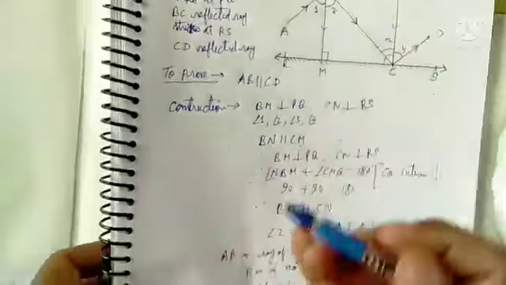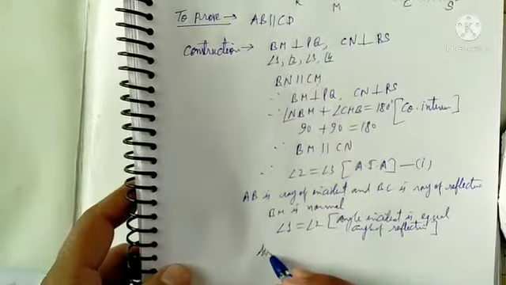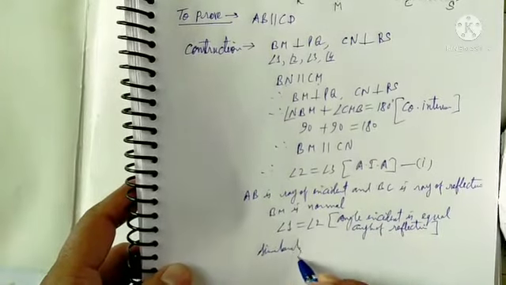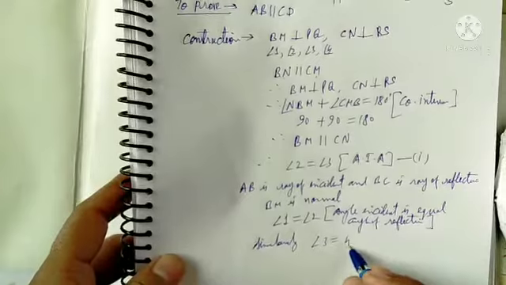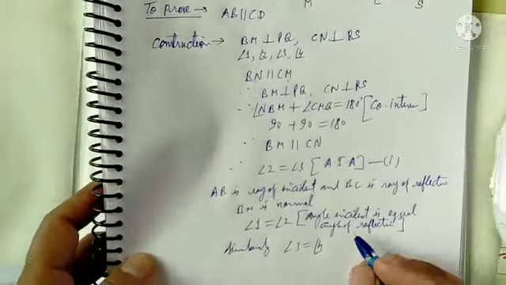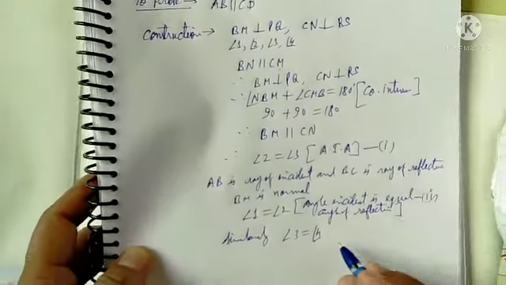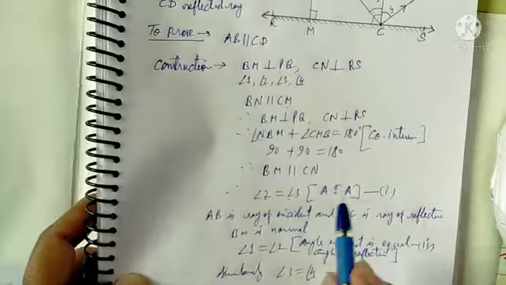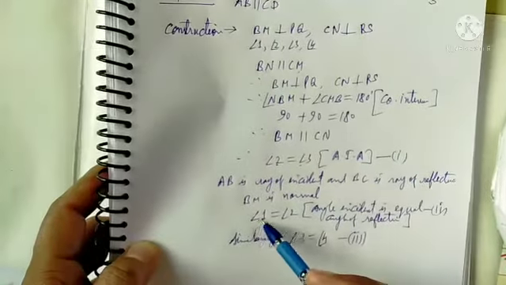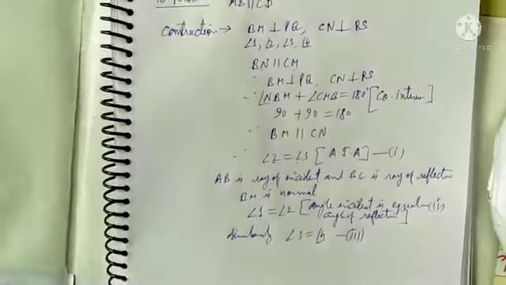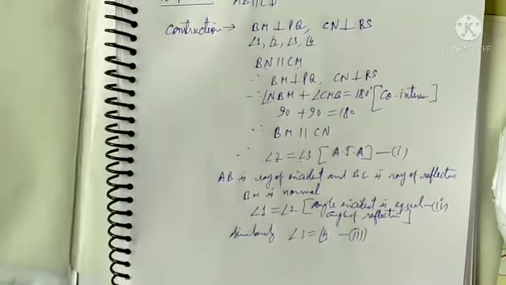So if angle 1 and angle 2 are equal, similarly angle 3 is also equal to angle 4, same reason. Now this is equation second and this equation is equation third. First equation, angle 2 equal to angle 3, we have proved by alternate interior angle. Second, equation 1 and equation 2. Equation 3 and equation 4 by these reasons. Hereafter the main point is what?